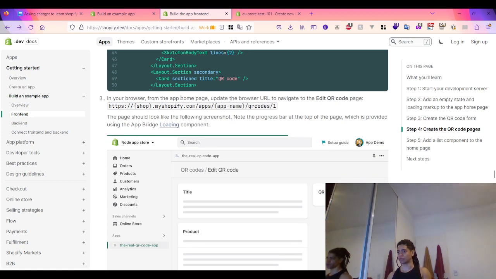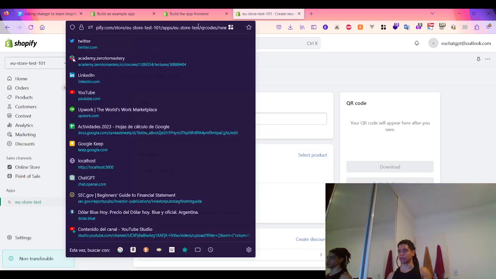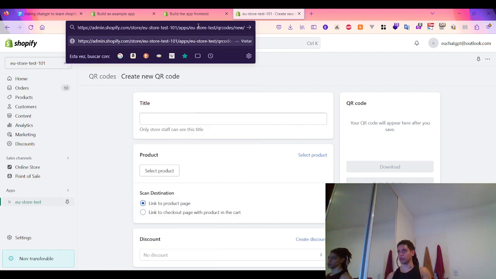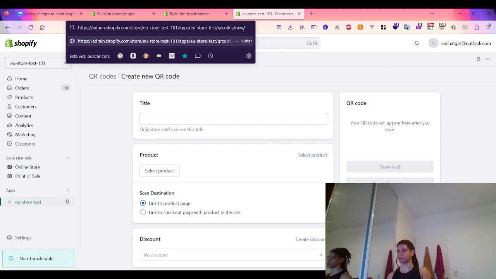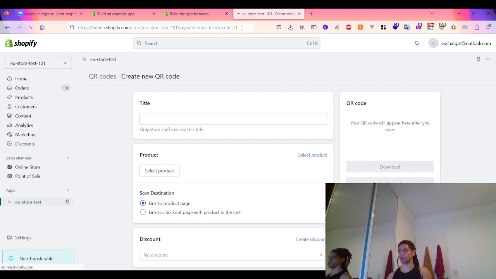So if you browse from your apps to home, update the browser URL to navigate to the QR1, and you should see something like this. The page should look like the following screenshot, note the progress bar at the top of the page, which is provided by the App Bridge loading component. So if I navigate to this, it's in fact QR codes, but one,